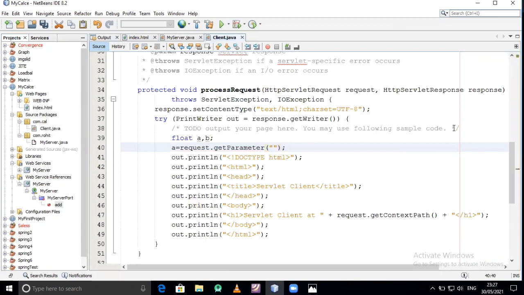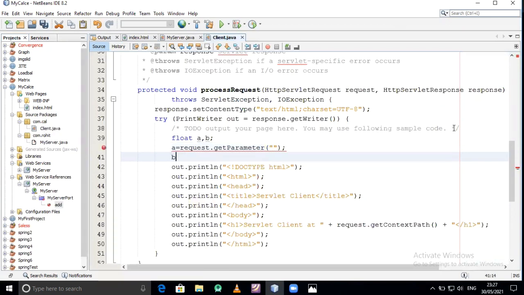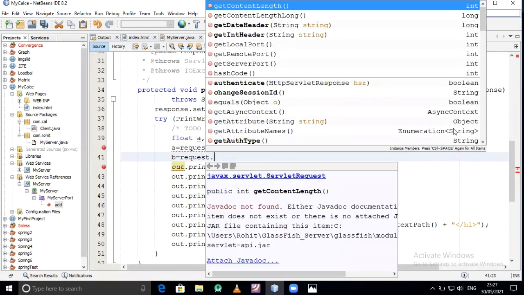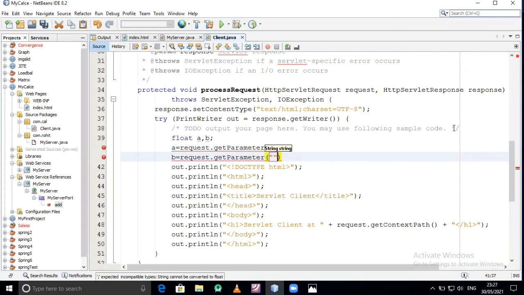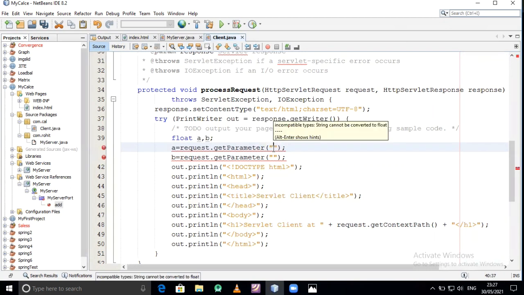I am just keeping it blank because we don't have any input from the front page. So request.getParameter, and again I keep it blank. In these double quotes, we give the value which is coming from this index.html.